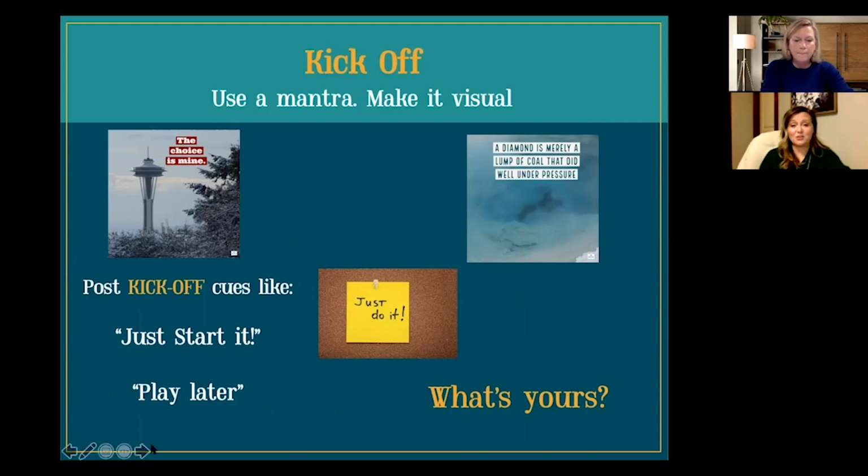Yeah, and they can put these graphics anywhere. Just as you were talking, I was thinking a kid could put it on the background of their phone, so every time they pick up their phone, they're seeing this motivating message. And once you go in that direction, your phone can say all kinds of things to you when you pick it up, like, put it back down. You don't need to open this right now.